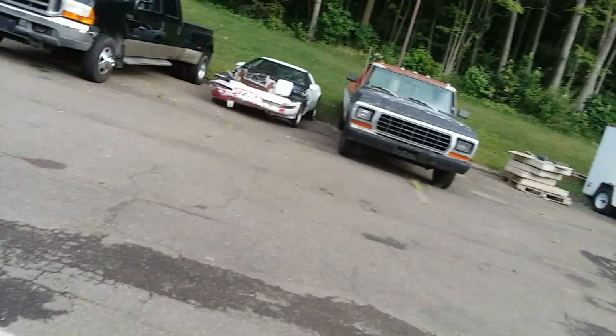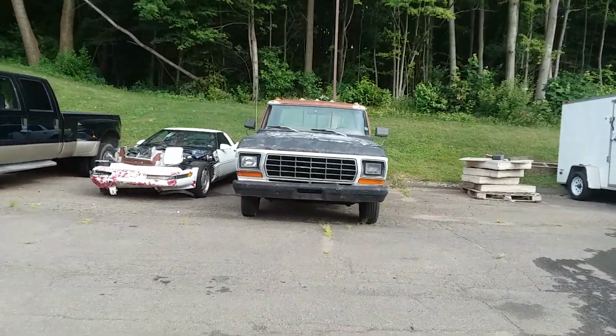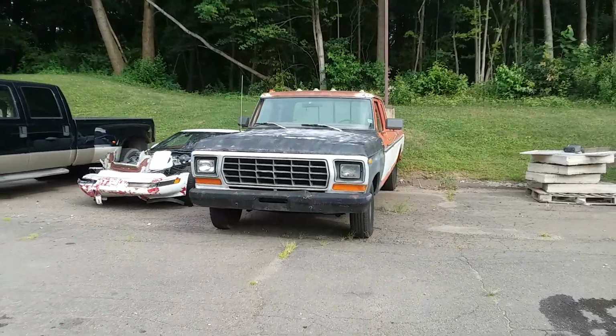Just getting ready for the show for tomorrow. I picked up all the nails and screws, anything that might be out here, and they are crazy busy inside getting everything ready. Let's look at my favorite truck. All these beautiful cars are going to be here tomorrow. That's my favorite one right there, the Ford